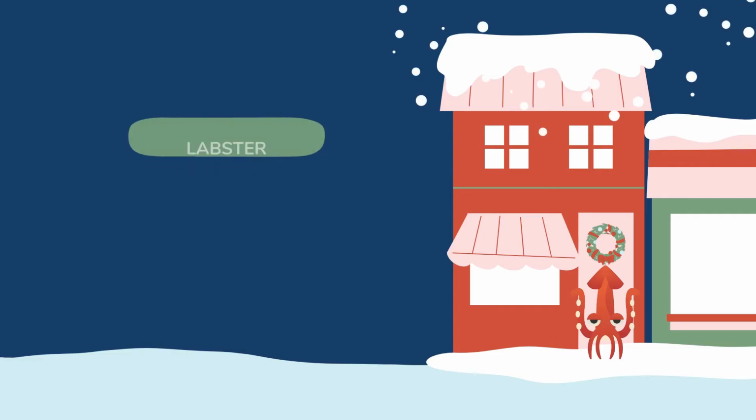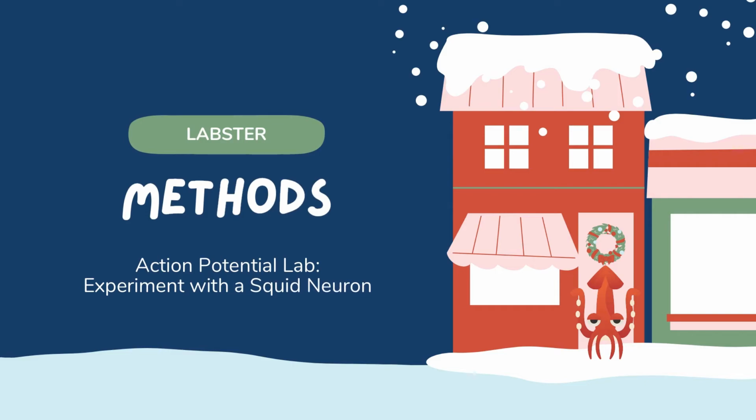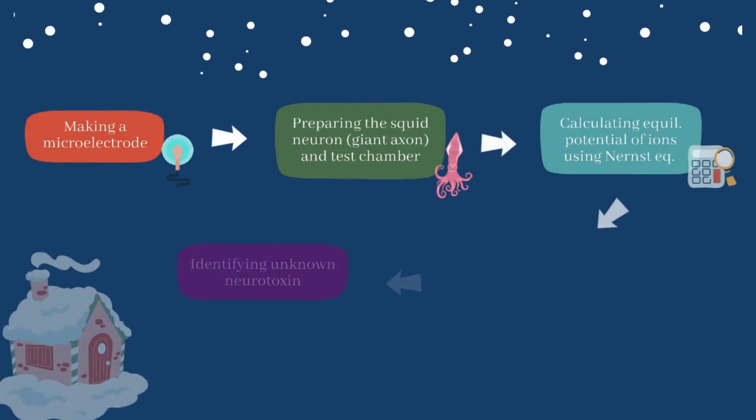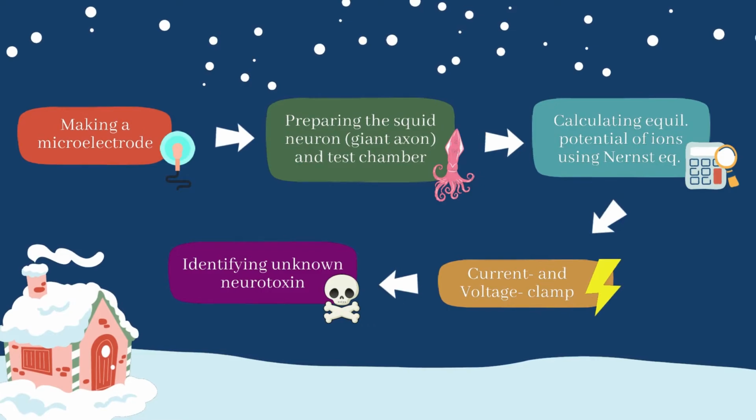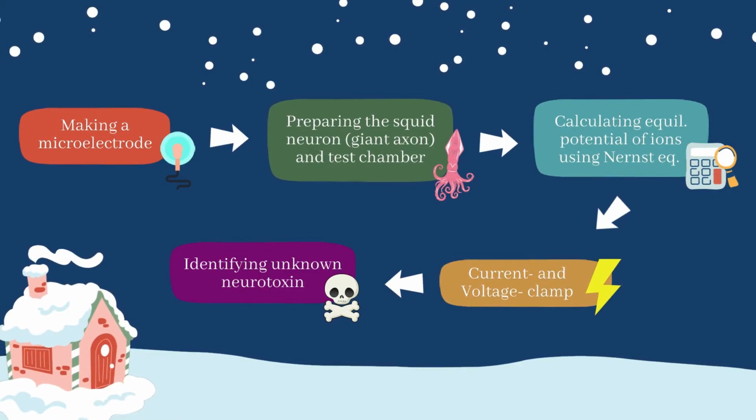Now that we have refreshed our knowledge on membrane potential, let's move on to our virtual lab, which is on experimenting with squid neuron to monitor action potentials and to identify the mode of action of a neurotoxin. First, we prepared a microelectrode by using a glass micropipette puller, then inserting a chloride-coated silver wire for the conduction of electrical current. Then, we extracted the giant axon from a squid, which is large enough so that we are able to insert our fine capillary electrode and measure electrical changes during an action potential